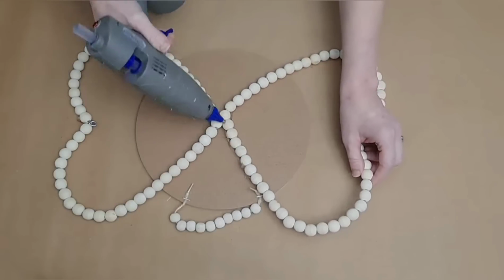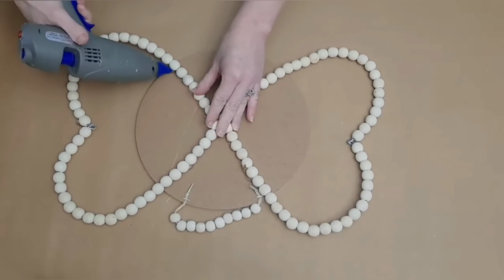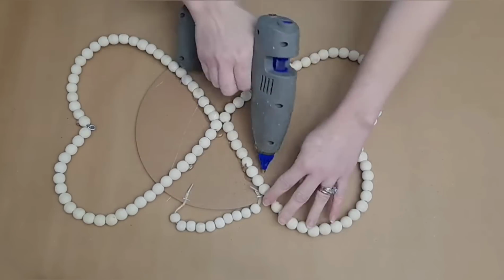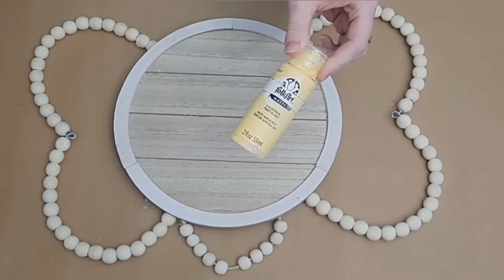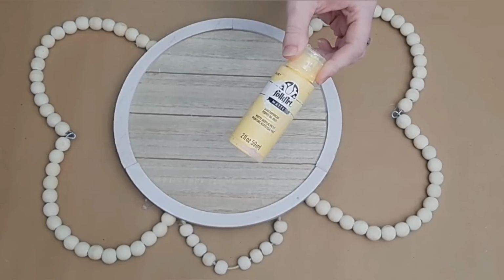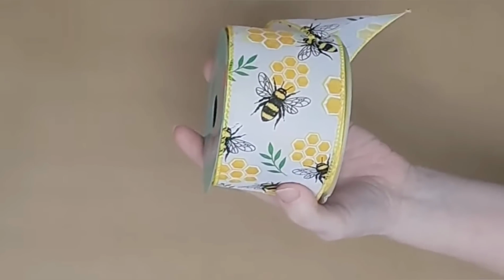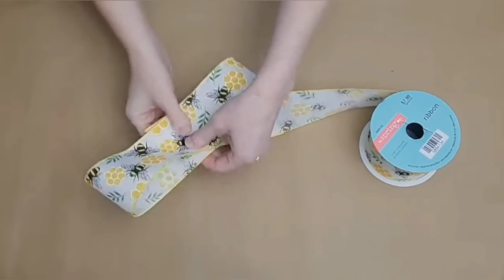I'm going to glue them down using generous amounts of hot glue, but you could use a stronger term adhesive if you wanted to, like an E6000 or a super glue. This worked out okay for me. Flipping it back over, I'm going to paint the edge of my sign with this yellow color by Folk Art, and then I'm going to take this beautiful ribbon from Hobby Lobby. You can get it on sale right now, 40% off,